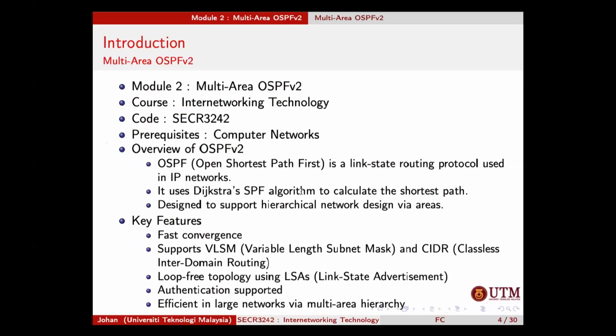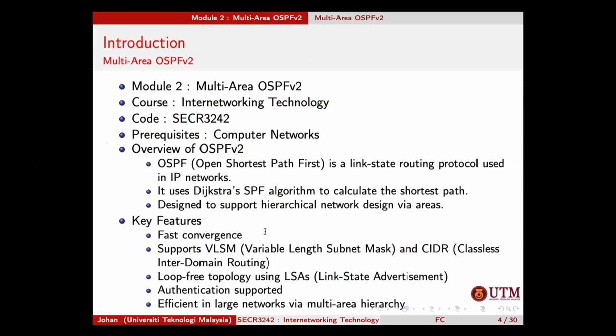We just use this algorithm to solve the problem later that we develop and do some troubleshooting, using other commands provided in the Cisco device. And next, it is designed to support hierarchical network design through the areas, and then key features, fast convergence,